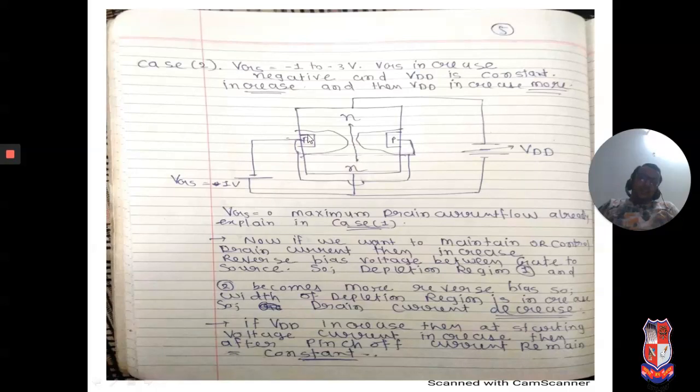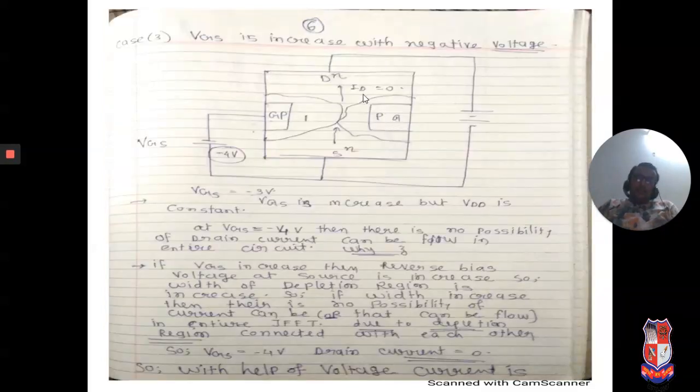Try to understand this. Here negative voltage, here positive voltage, so the depletion region is obviously increased here. But here also negative voltage and here also negative voltage. So here minus 1 volt, here minus 2 volt. Obviously minus 1 is higher compared to minus 2, so this becomes forward biased. So the width of this is decreased, but it is not decreased compared to case 1. Compared to the previous case the width will obviously increase, but not as much as before. So some drain current will flow, but not as much as before.